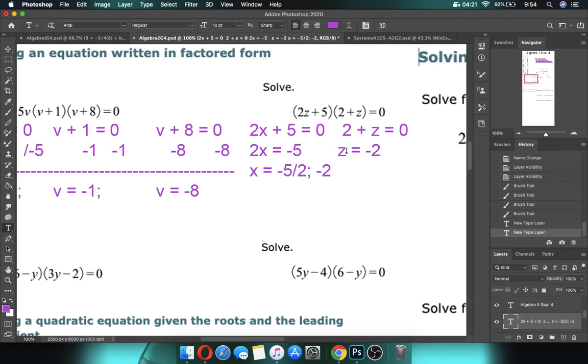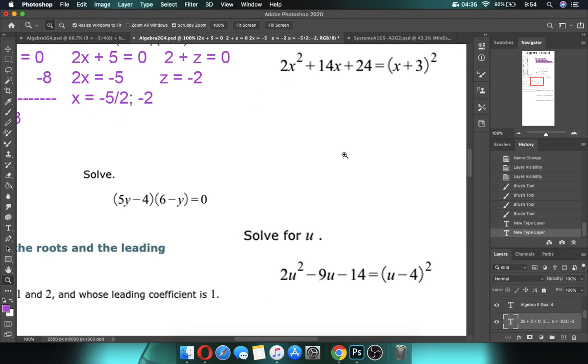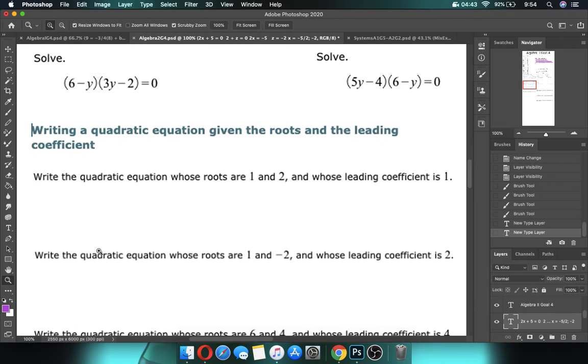Huzzah! So that's writing in factored form, and there are other types of topics that actually lead into that. Those were earlier topics that I talked about in an earlier video, but I didn't outright name them. Next on the to-do list is the other one that is absurdly simple, writing a quadratic equation given the roots